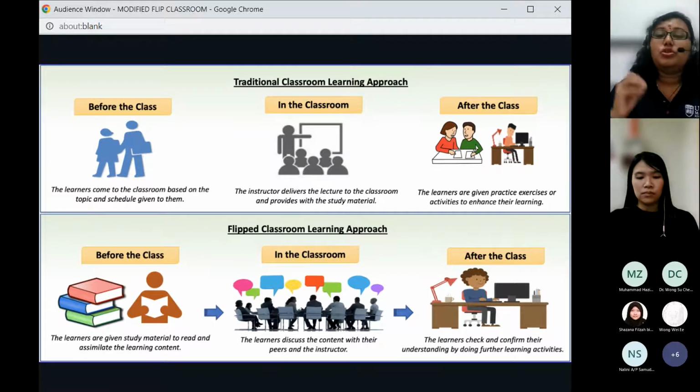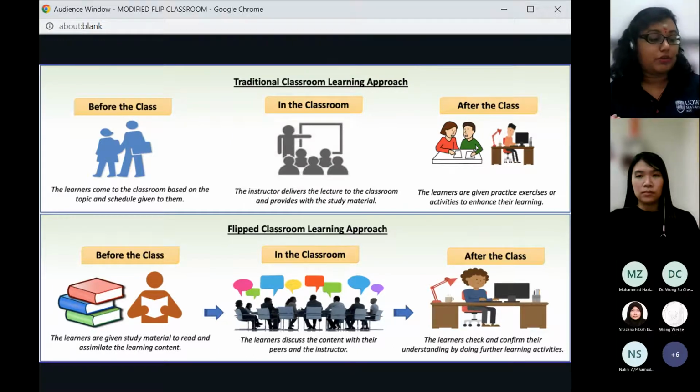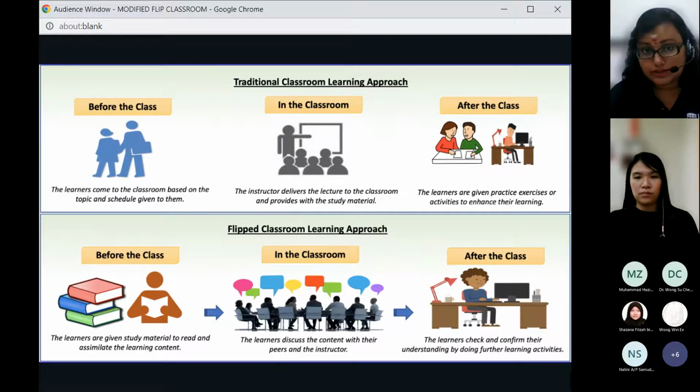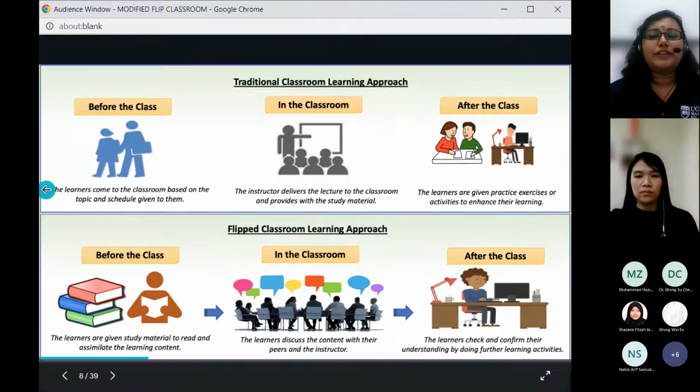No. Okay, you do discussion-based tasks, you do activities, you can do station rotation activities in class. All right, you don't have to lecture at all. And after the class sessions, you ask them to reflect on their progress. Okay, what have they learned? Have they achieved something or not? Things like that. Right. So moving on to the next slide.